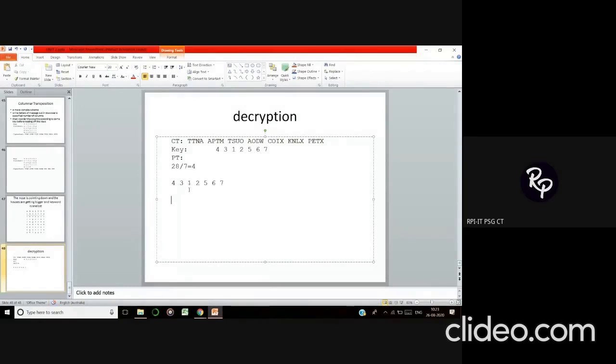So first of all, you need to start with the particular column which has the number 1. I know the number of rows is 4. So the first 4 characters you need to take from my ciphertext, and you will write them in the first row. Sorry, in the first column. So that becomes T,